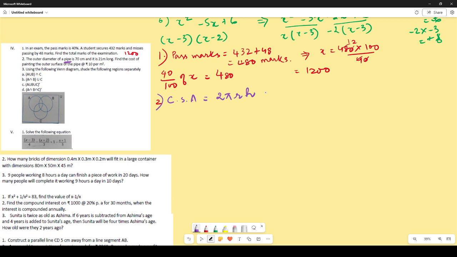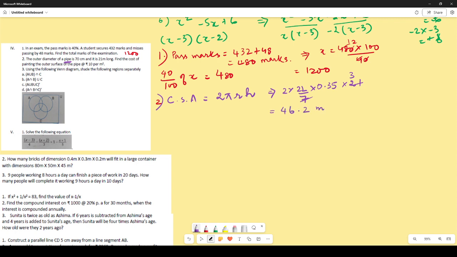Now all we need to do is just apply the values. So 2 into 22 by 7 into R. Now this is 70 centimeters diameter. So its radius will be what? 35 centimeters. So when you change it into meters, it becomes 0.35 into 21, right? So now very easily you can find out, and when you find out, this curved surface area comes up to